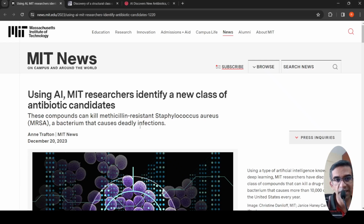Out of personal interest and previous experience of using AI in the healthcare domain, I'm always on the lookout for new developments of using AI in the healthcare domain. So, this is one such interesting news coming from MIT, where researchers have identified a new class of antibiotic candidates using deep learning. Now, these compounds can kill methicillin-resistant Staphylococcus aureus, which is a bacterium which can cause